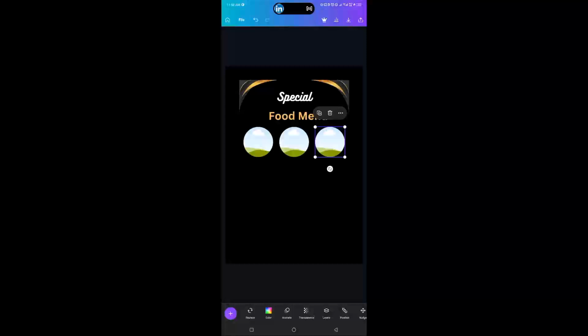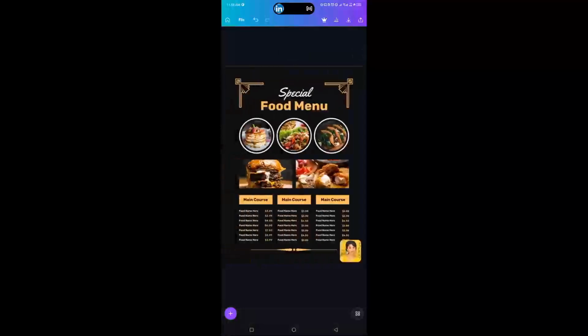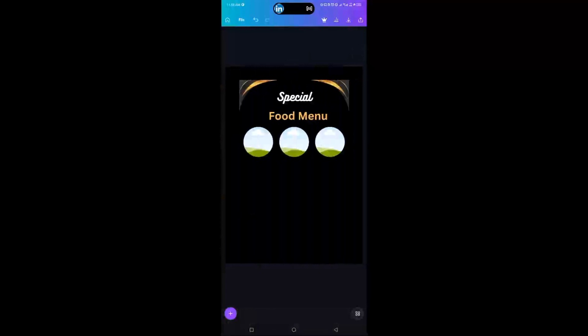Alright, so these frames, these are where we are going to drop our images, right? So you'll notice that when we drop the image, it's going to fit nicely into the frame. So the next thing we're going to do is we're going to add our pictures, and I told you that we're going to do it in two ways. The first way is to add the picture directly from Canva. So you go to plus,